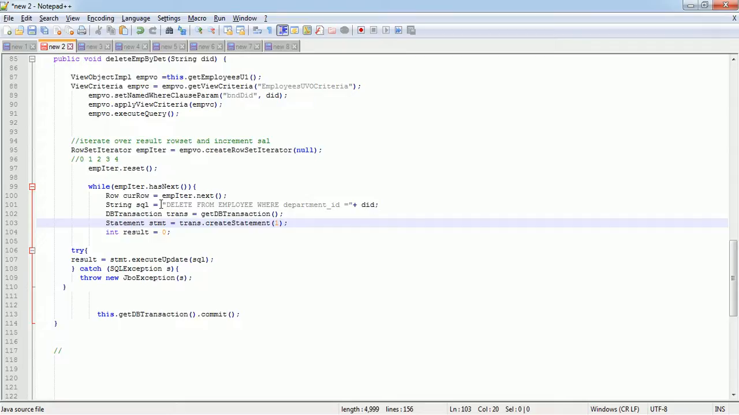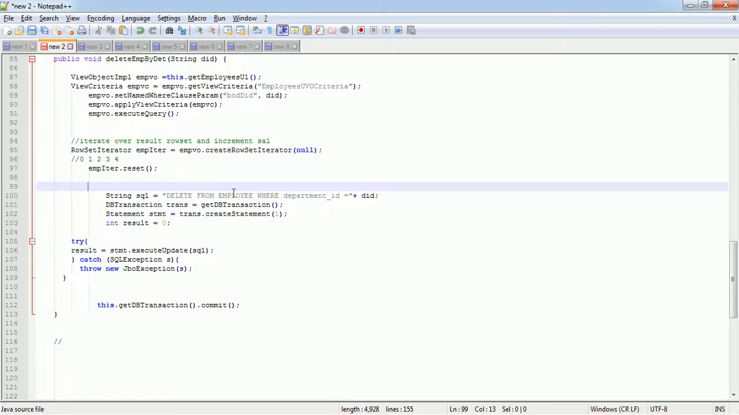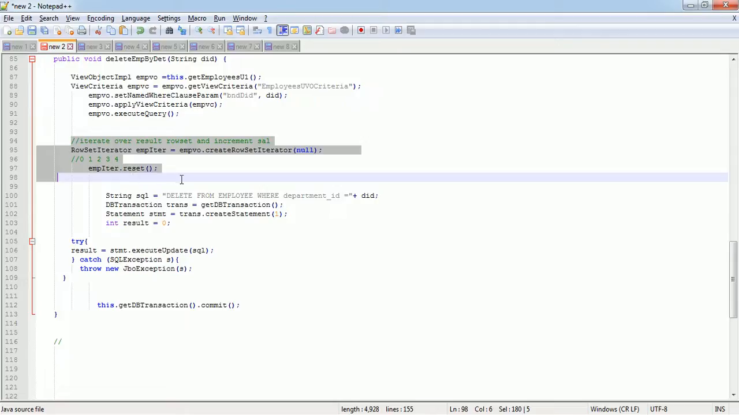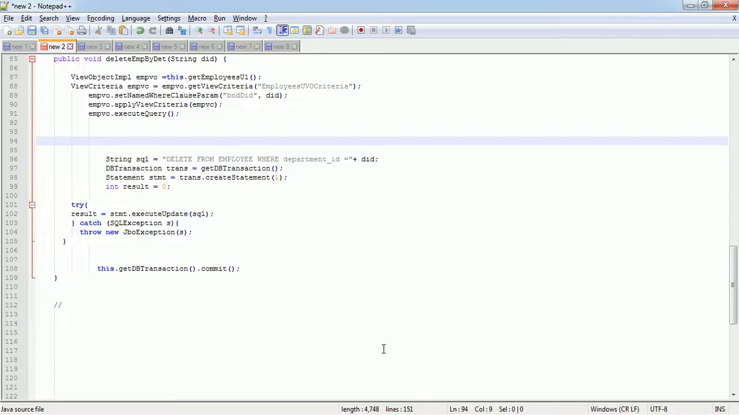And here you can directly do one thing. You don't need the while loop. You can directly delete the employees of that department. So the while loop you can remove, and you can write a direct if statement. In fact, you don't need an iterator also. You can remove these things. Yes, you can remove. You can directly write